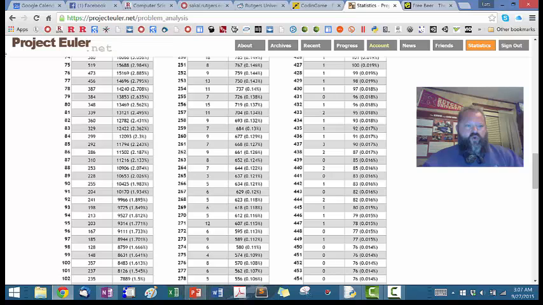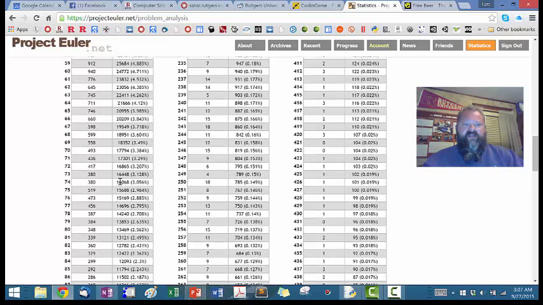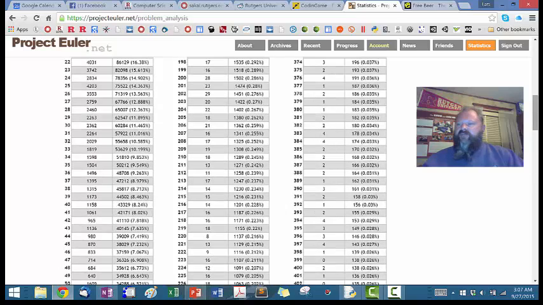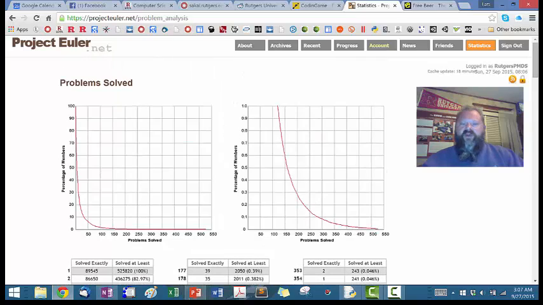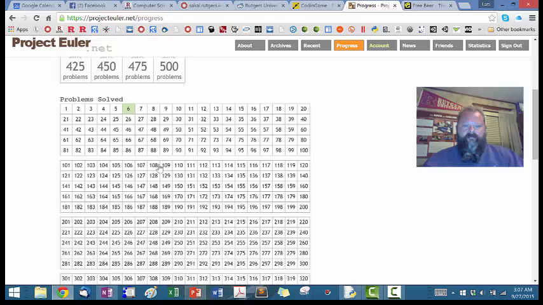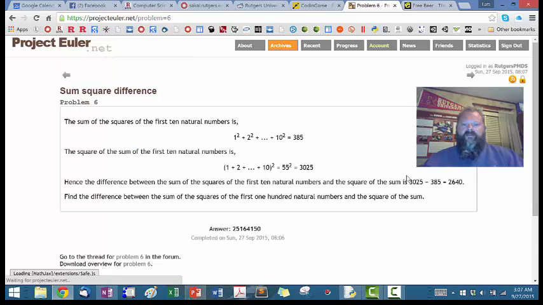But I do know if you get in the 60s and 70s, you are in the top 3 or 4% of people who use Project Euler, because that's what we used to tell our kids to shoot for. We used to say, hey, try to get to at least 50. And if you can get up and over 50 and do the first 50 well, then you're in pretty good shape. So now, anytime we want, we can go back to progress, click on 6, and we can see that